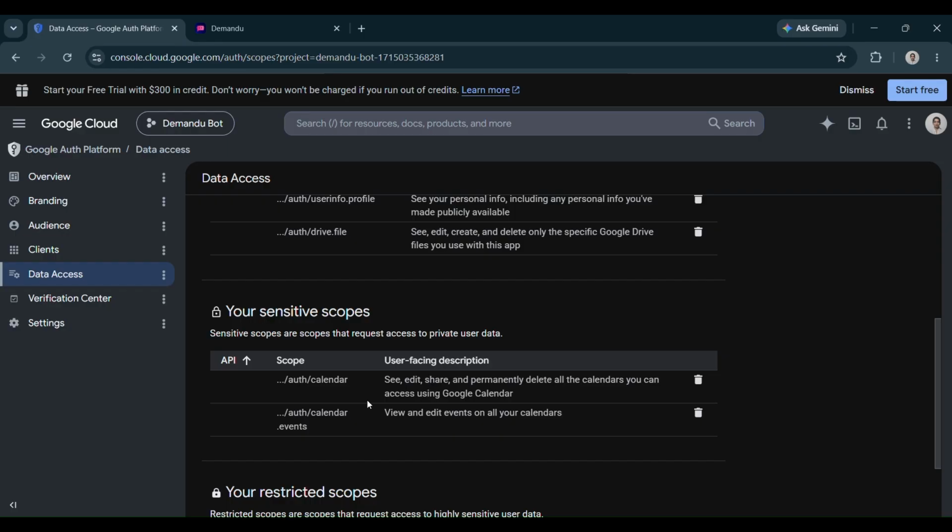The first scope, Google Calendar, allows Demandu to access calendar information and availability required for appointment scheduling. We'll be using this permission to view available calendars connected to a user's Google account, read calendar availability information, check available appointment slots before booking, allow users to select the calendar where appointments should be created, and support scheduling workflows